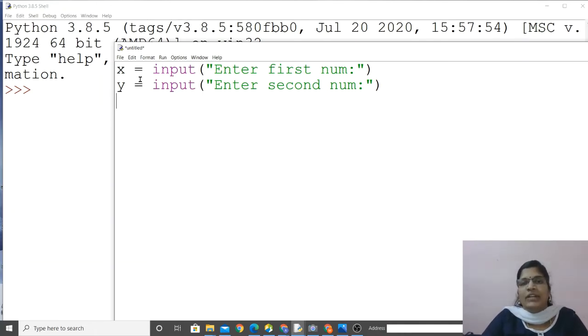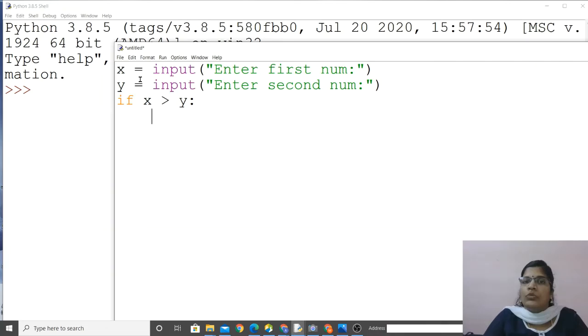So input we received. What are we going to do? We are going to compare two numbers. So which operator do we have to use? Comparison operators: greater than, lesser than, greater than or equal to, lesser than or equal to, not equal to, many are there, right? Now I'm going to use an if condition. If A is greater than B, sorry, not A, here we are using X, right? If X is greater than Y. Make a colon after this if, just use the colon.